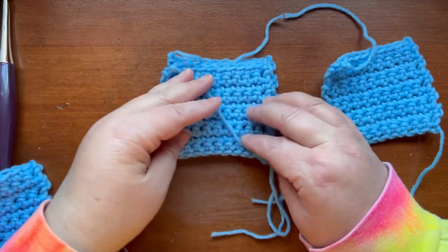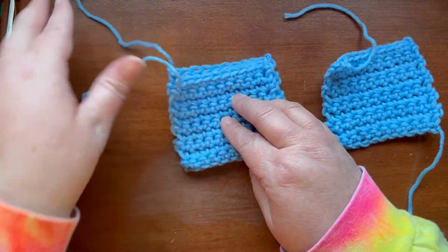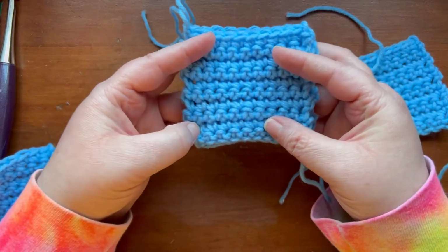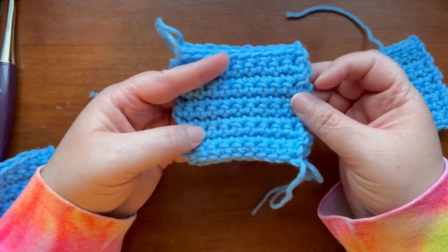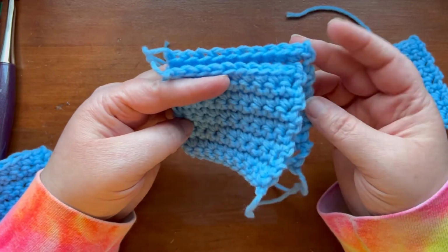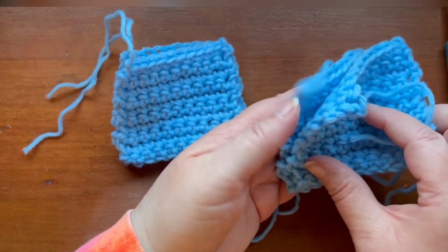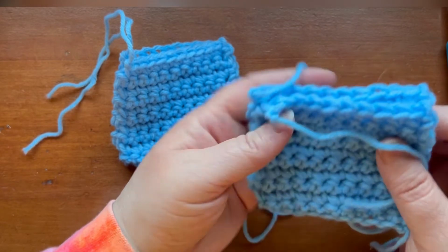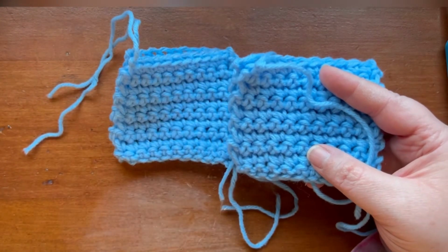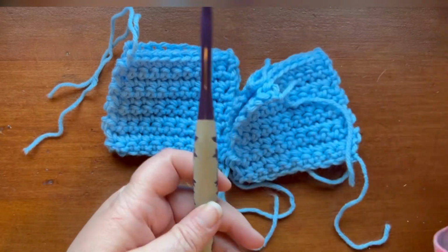Okay. All right, so this was with the K hook, and as y'all can see, it is a little bit smaller, but it should be smaller than that, I would think, with a hook size difference, but maybe not. But again, I know that I crochet tighter with my boy hook, so that's why usually with a project, if I'm going to be using my Yarnologies, I'll use a J in this style where I would use a K in my boy,